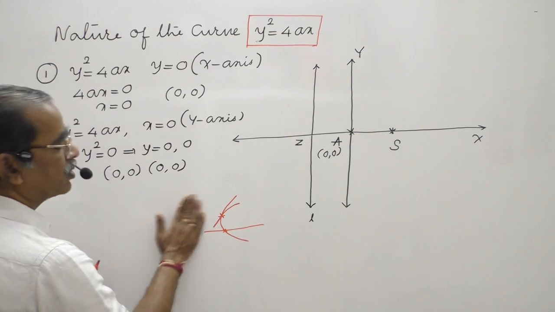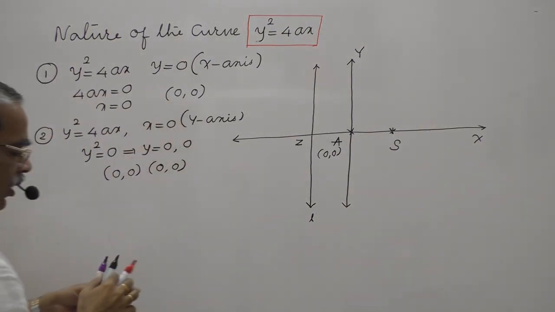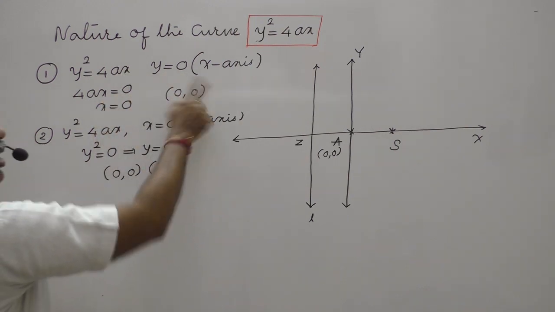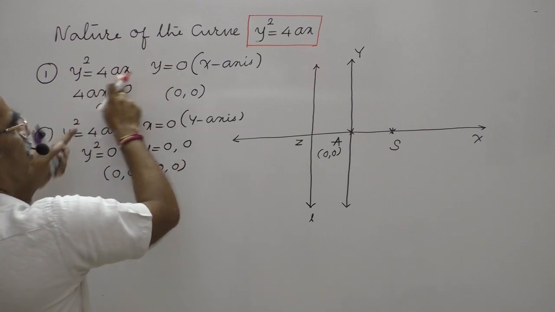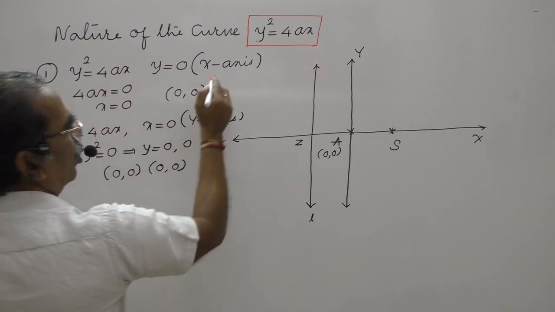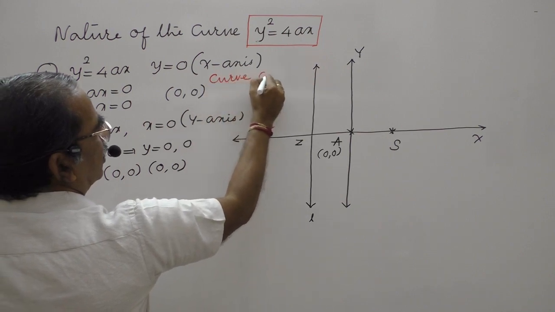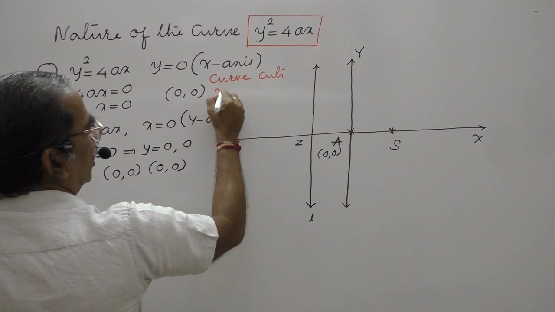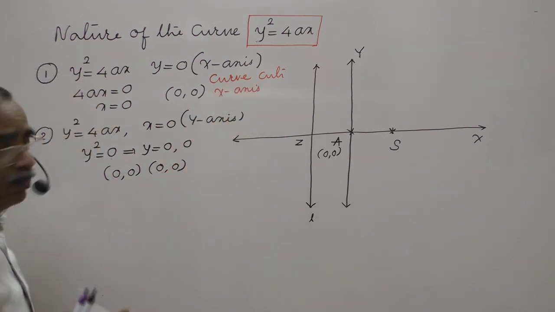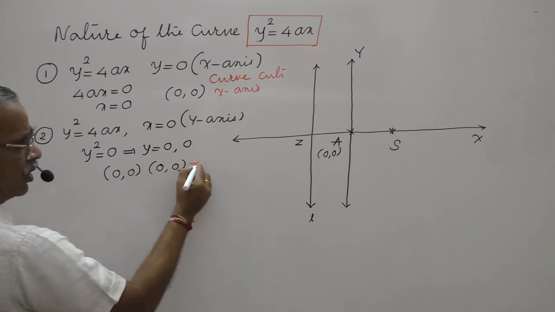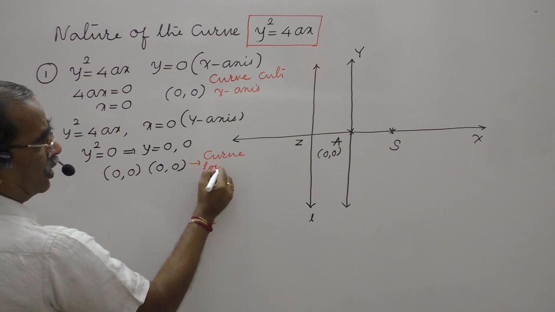This line is cutting the curve and this line is touching the curve. Listen carefully, if you get only 1 point, then the curve cuts the line. So here, by solving the x-axis and curve, I obtained only 1 point. Therefore the curve cuts the x-axis. Here I got 2 points, but they are coincident points. Therefore the curve touches